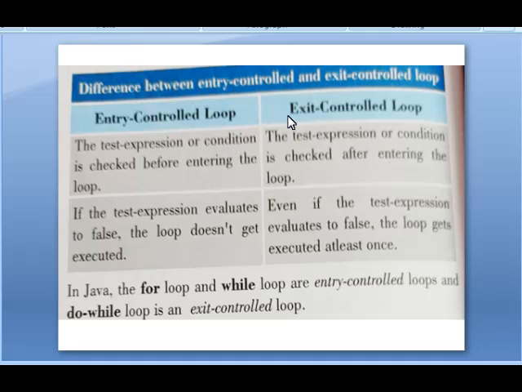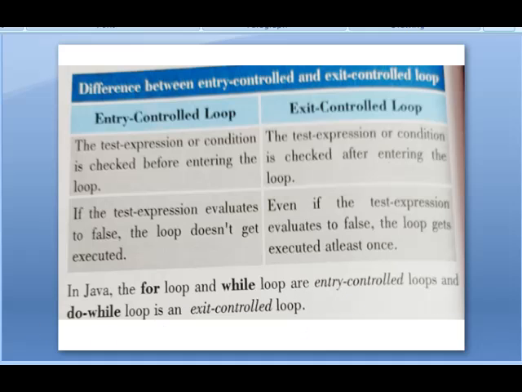In exit control loop, the test expression or condition is checked after entering the loop. In entry control loop, if the test expression evaluates to false, the loop does not get executed. In exit control loop, even if the test expression evaluates to false, the loop gets executed at least once. In Java, the for loop and while loop are called entry control loops, and do while loop is an